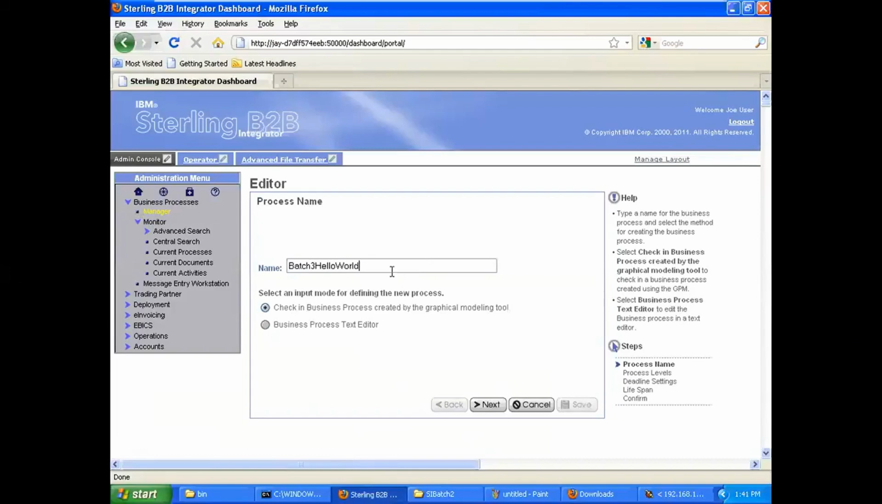Okay. First option is name of the business process. You write the name of the business process, whatever makes sense to you. Whatever you like. Got it? Second,